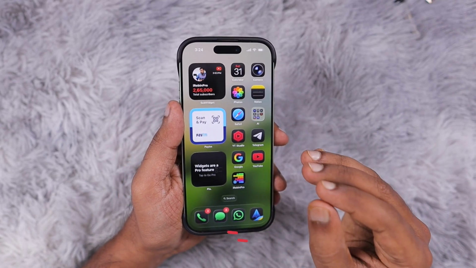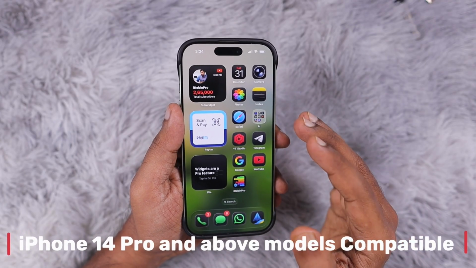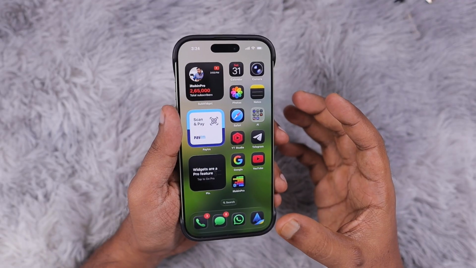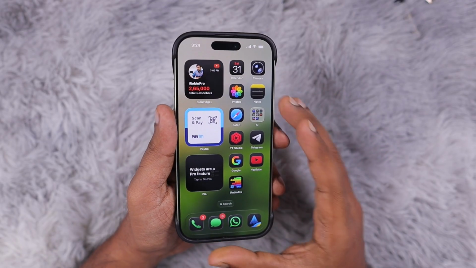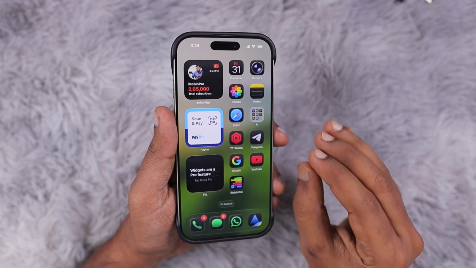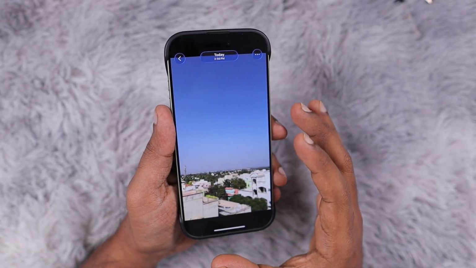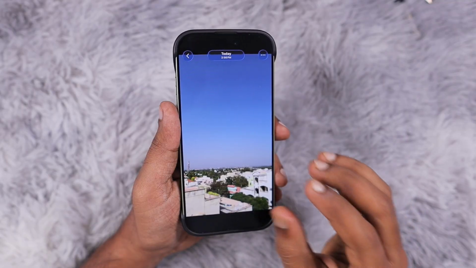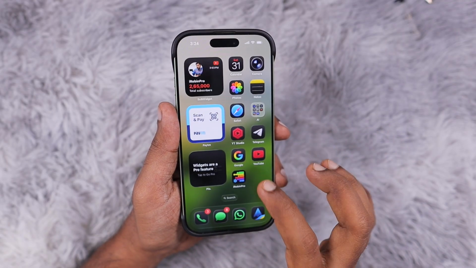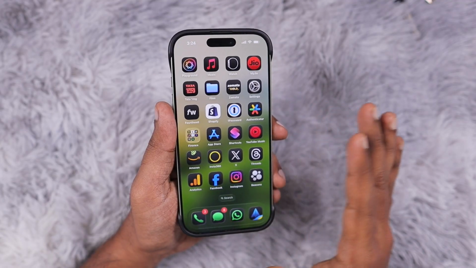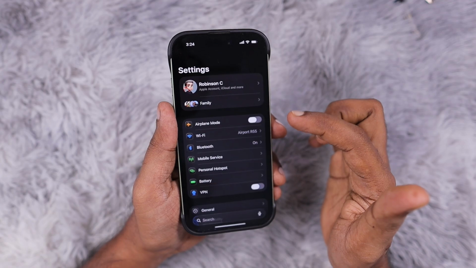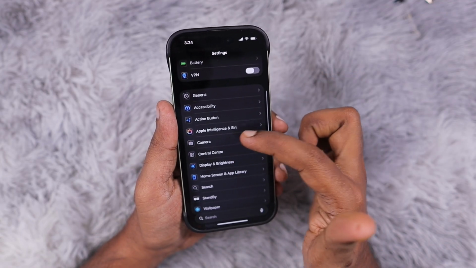But since iPhone 14 Pro and above models, we have that 48 megapixel sensor, and Apple keeps it a manual settings change requirement in order to use that to capture the 48 megapixel photos. Not everyone is going to need those high resolution photos that could also come in bigger file size. So I will suggest a few tips that will help you to capture high resolution photos in lesser file size if you want to capture such 48 megapixel photos on your iPhone using the rear wide angle